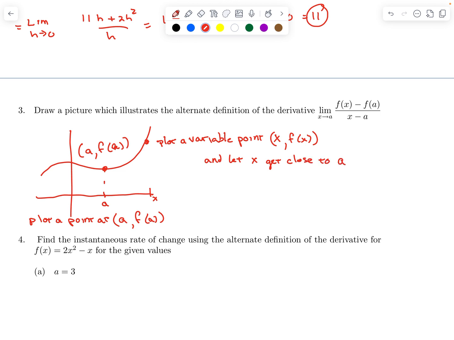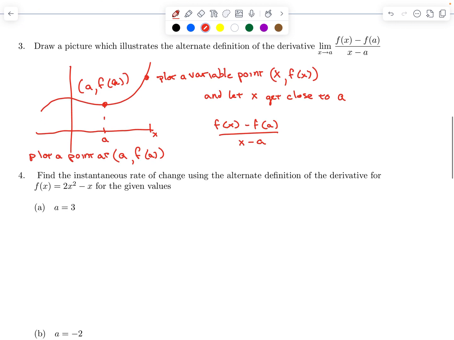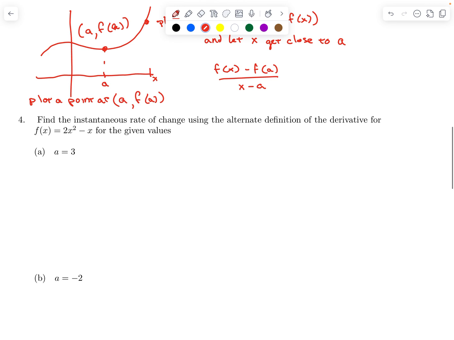Okay, so we do the slope, it's f of x minus f of a over x minus a, and the limit just gets you closer and closer to the approximation you want. All right, so let's take a look at what we got here. We already know f of a, but